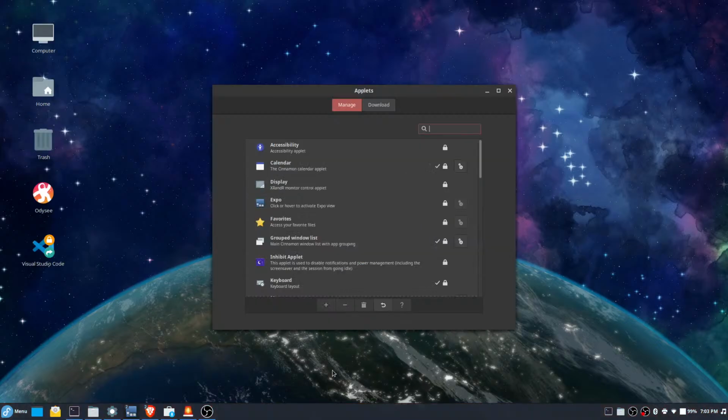In Windows 10 you call it the taskbar, but in Linux you call it the panel. I think on Mac they call it the panel as well.